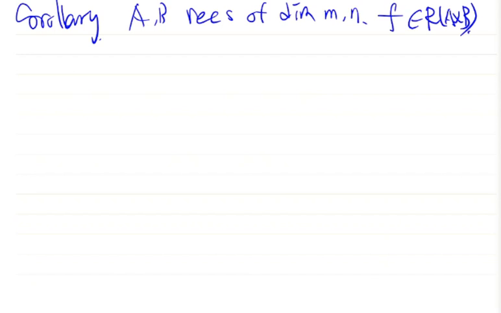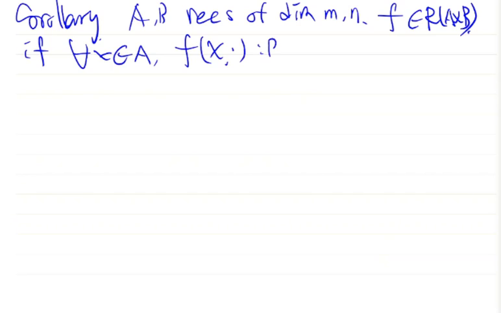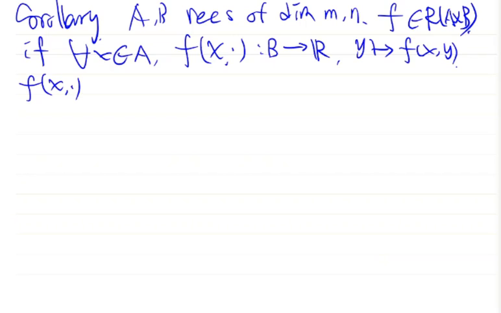So if for any x in A, we fix x and let y change, we will obtain a function of y over B. This function is defined on B. The value of the function at y is f(x,y), right? So for every x in A, this function is integrable on B. This is our assumption. Our Fubini theorem does not have this assumption. But once we have this assumption, then the result can be written by